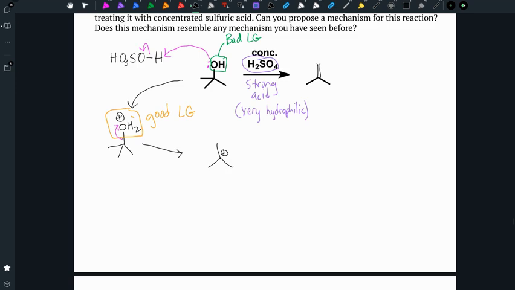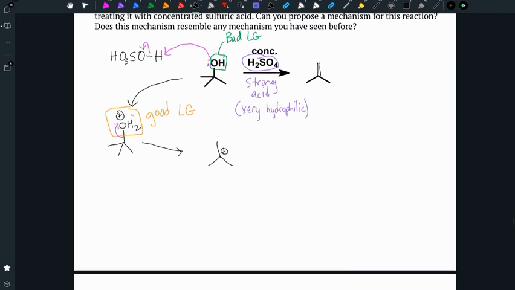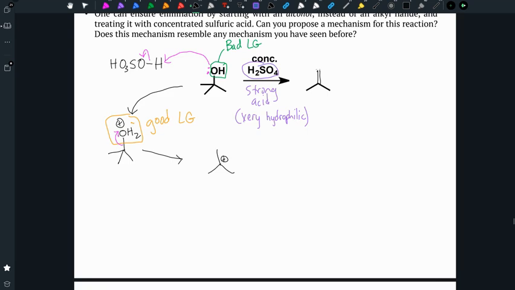But my solution, in this case, does not contain any really good nucleophiles. The only nucleophile here is water. But the thing about the water is once it gets liberated and is able to hang out with H2SO4, it does not want to go back. Water would much rather hang out with H2SO4 than with anyone else. So I don't really have any good nucleophiles around. The only thing that's around is the conjugate base of my acid